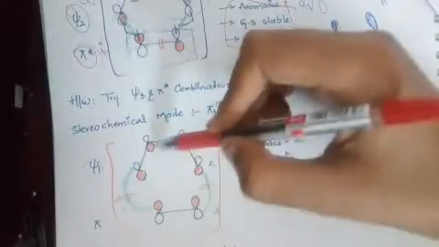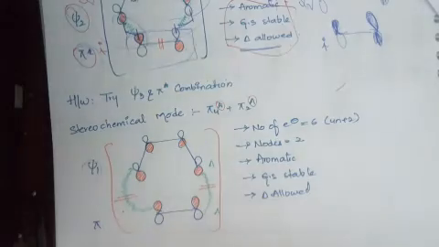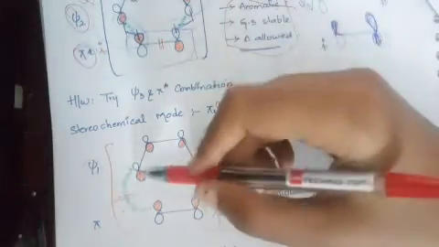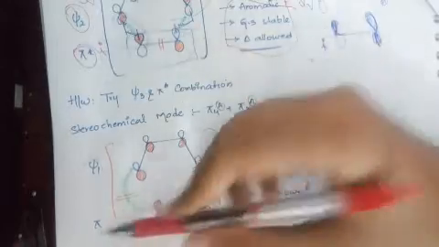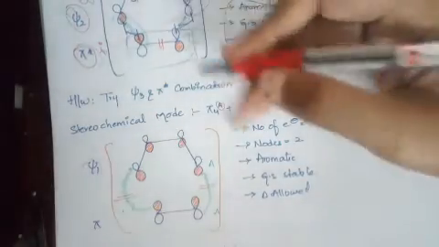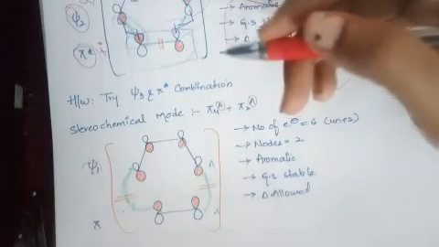In the same way, see sigma 1, I am writing all shaded lobes towards the downside. You can write all shaded lobes towards the upside or all shaded towards the downside, it is up to you. Now here I am writing pi. Pi also has shaded lobes towards the same side. Now after doing this, I am doing Antara. How will you call it Antara?